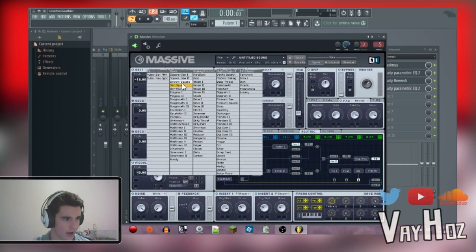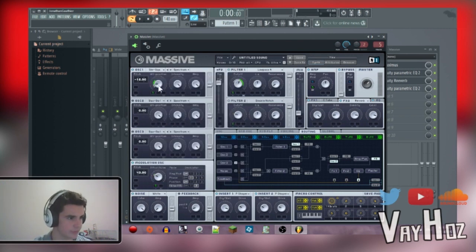For the first oscillator, I have a sine square, at 15% for the wavetable position. It's at -12, and then spectrum right here. Next I have this little modulation oscillator, modulating number 1 here, and then number 2 for the filter FM, which I'll talk about in a second. The pitch here is set to 43